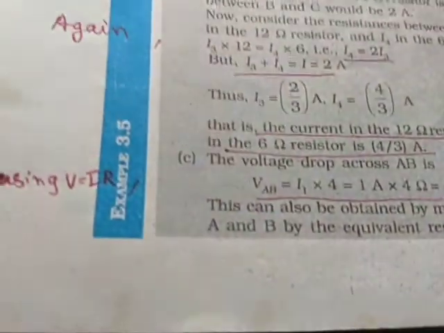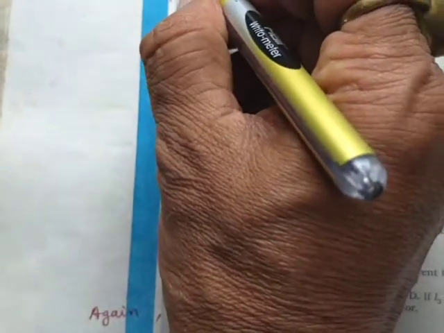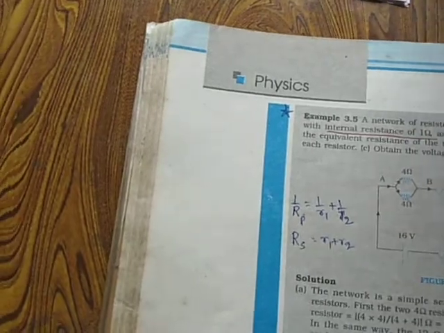You all know the relation for computing the equivalent resistance of the parallel combination of resistances. We use the formula 1 by R is equal to 1 by R1 plus 1 by R2 plus 1 by R3, etc. And similarly for series combination we have R is equal to R1 plus R2. We all know about it. So we are using this relation over here,